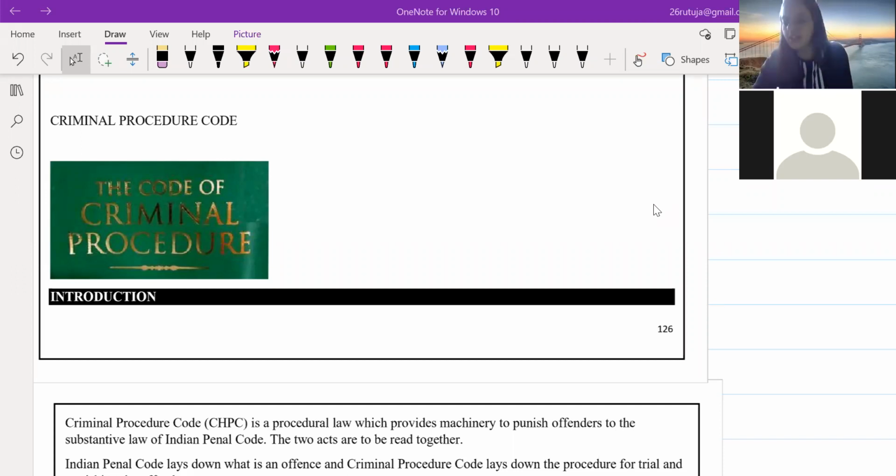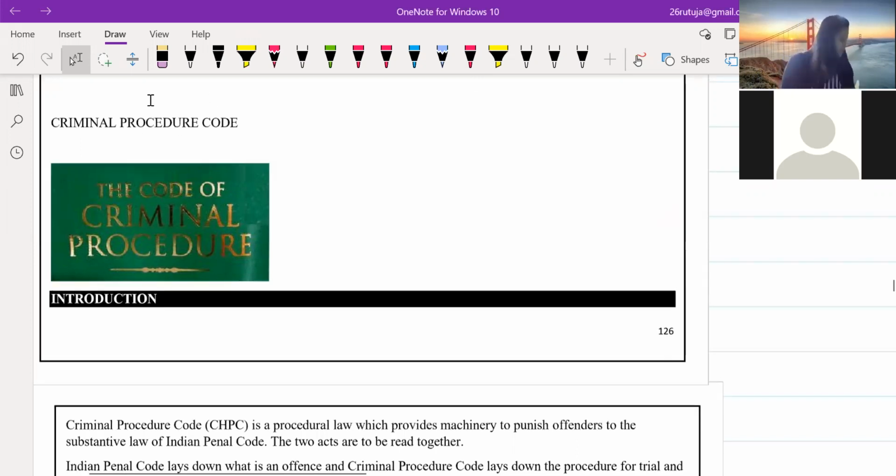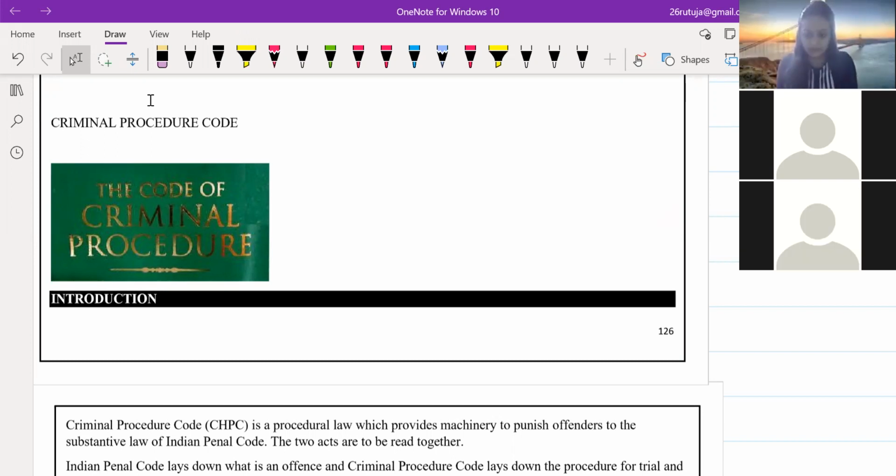Fine. So we have studied Civil Procedure Code, and this is the second code, that is Criminal Procedure Code. First of all, what do you understand by the title, Criminal Procedure Code? What is your understanding? What will you be studying in this chapter? Criminal laws, the criminal code for criminal cases. Criminal cases के लिए क्या procedure होती है, right? So we are going to study the procedure for criminal cases.